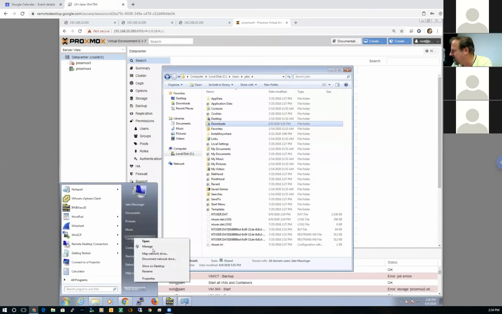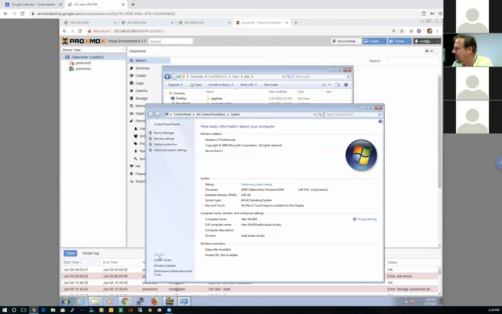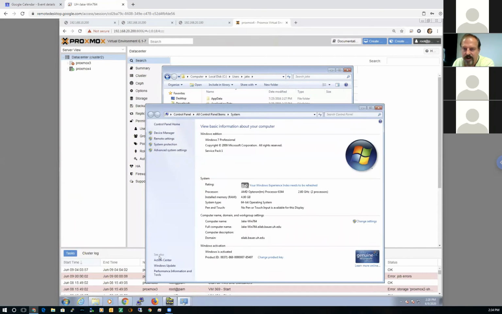You right-click on computer and go to properties. In the case of Windows 10, you right-click on this PC. It says this PC on the menu. And you go to properties. You see these properties here under the computer name and domain. These are things that you probably want to pay attention to. So this says it's Windows 7. You don't want to change these things. I'm only pointing these out to you because these are things that you may need to make note of, or if you're having some issue and I tell you, let's go try to change those things.